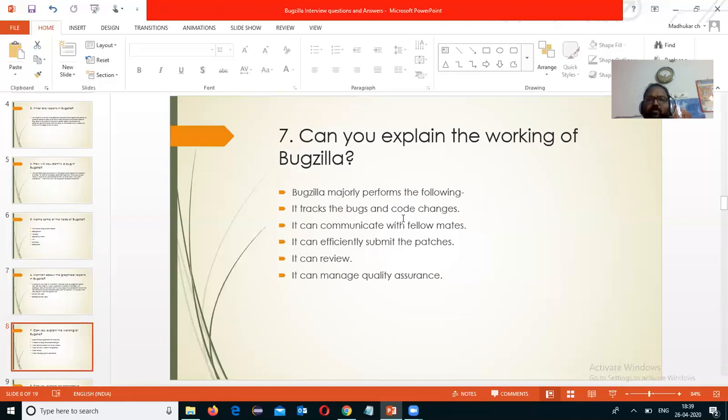Can you explain the working of Bugzilla? Bugzilla workflow, how is it going to be? The working of Bugzilla majorly performs the following: it tracks the bugs and code changes, it can communicate with fellow team members and project members, it can efficiently submit patches, it can review, and it can manage quality assurance.